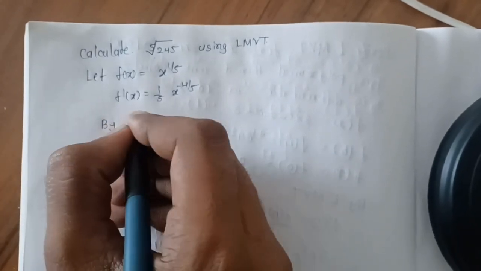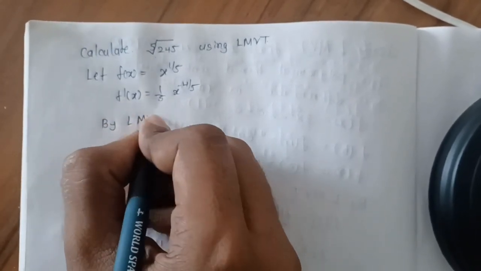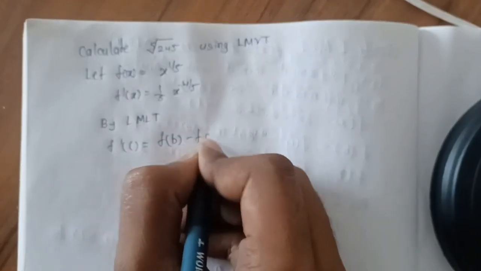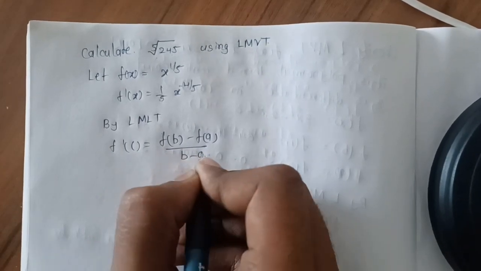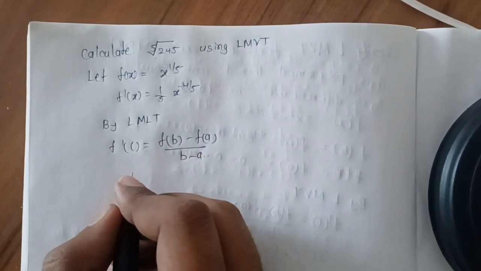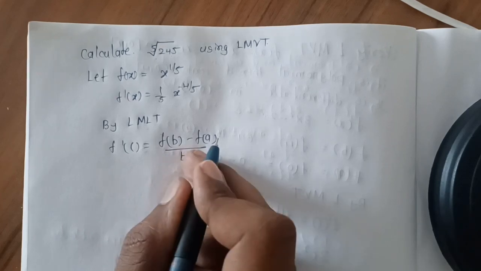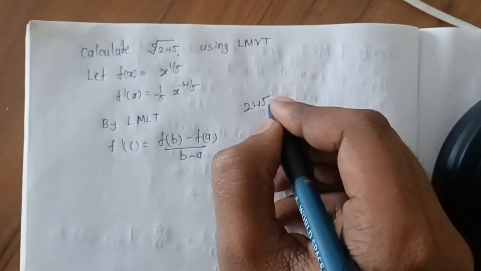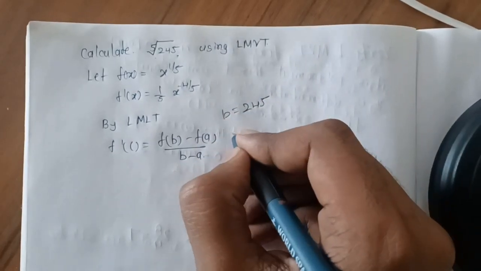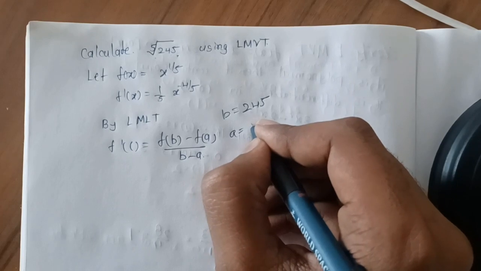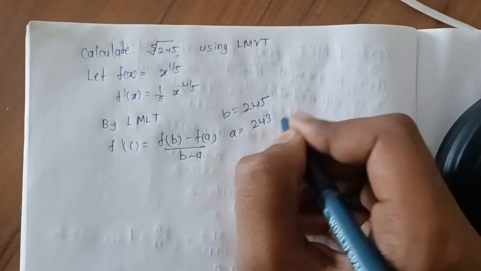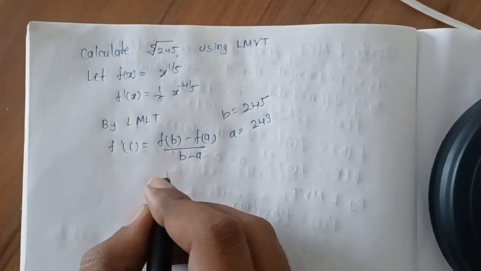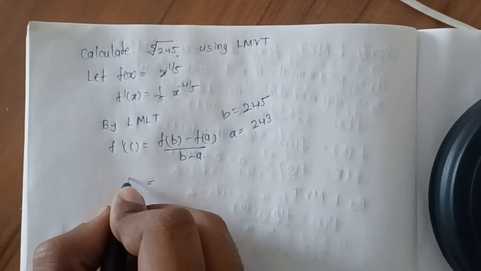By using LMVT, we know that f dash c is equal to f of b minus f of a by b minus a. Here we have to consider the values, that means 245 will be b, and a is equal to either 243 or 241. We have to consider values with less difference to get an accurate value. Here by substituting, we will get